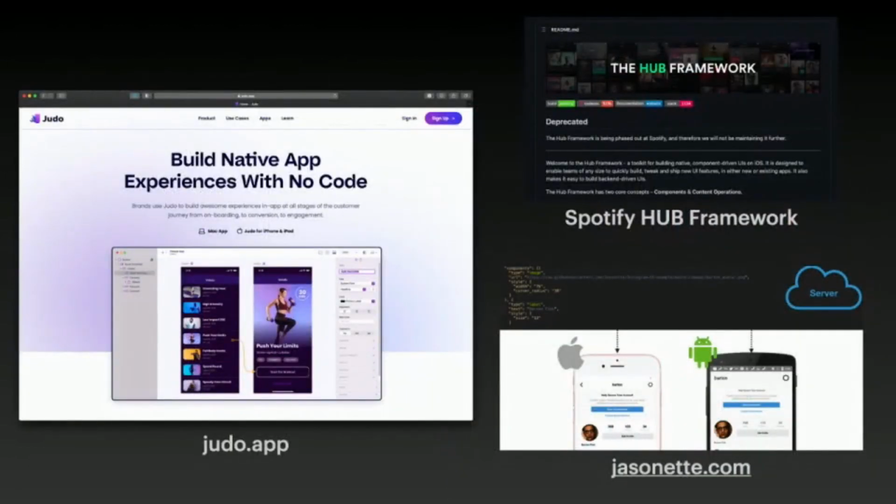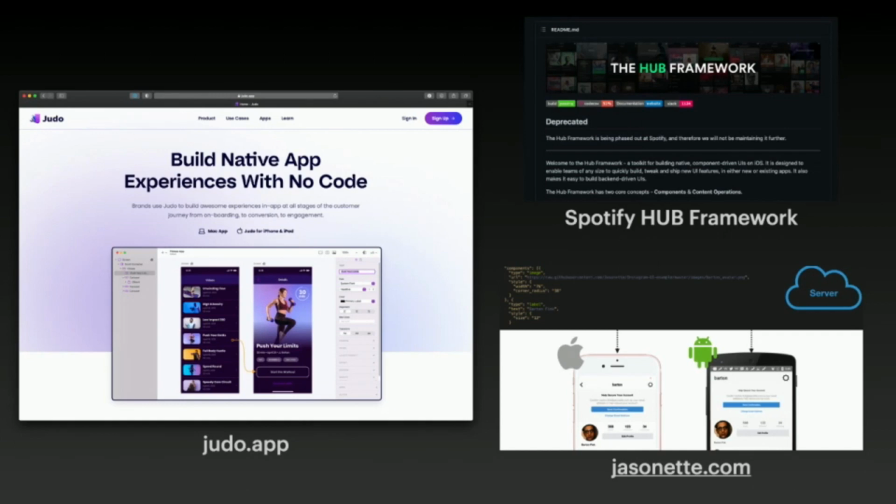But to give you a lookout, I'm not the only one doing this. We were not the only ones doing it. Just as I left my prior employer, tutor.app was released, which is essentially making this promise: build native app experiences with no code. I was looking into the package structure. They are essentially just putting all the UI that you're creating in there, in a what-you-see-is-what-you-get style of editor. They're encoding that into JSON, with local image assets, and then loading it in their host app, which essentially just reads the JSON and builds up the SwiftUI view again.